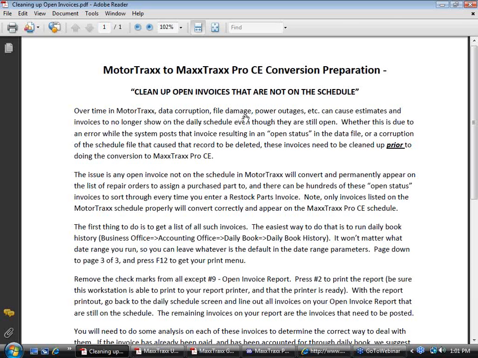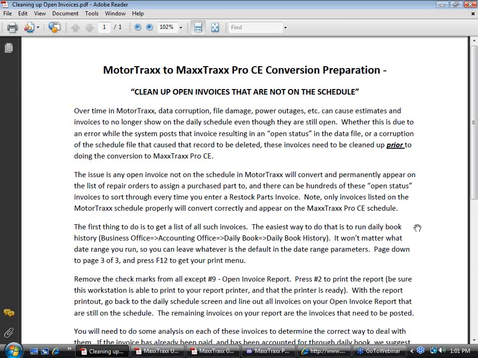Okay, and we don't really figure it out until you're trying to restock parts tickets and select an RO to apply that restock parts tickets to. Now, right now you have no clue what I'm talking about, but you will after next week if you attend. So you can use that feature. We want you to go through this process, and I'll send you this email as well. You may as well do it to your data now. It's not a big deal, but